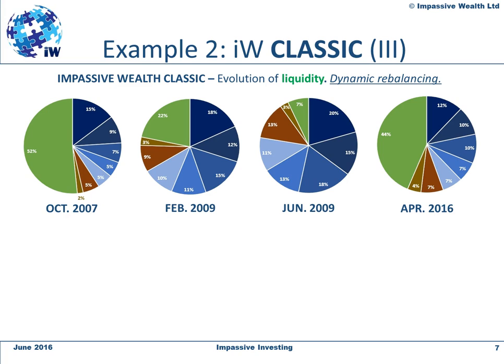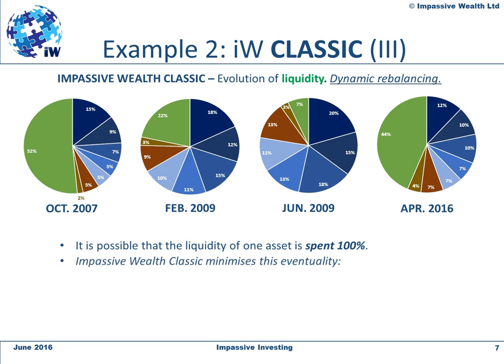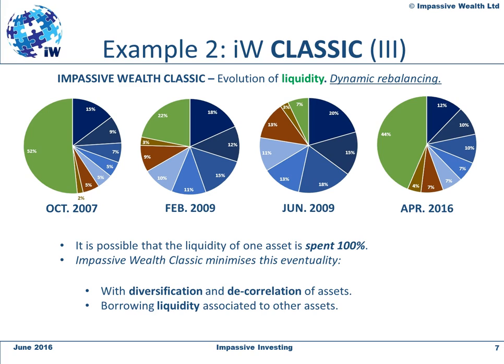Now, when the market recovers, and we are now in April 2016, liquidity is at 44%, meaning all the way up from 2009, we've been selling those cheap shares and making money out of them. Okay, just detailed an optimization that you can make when you have a portfolio as opposed to a single asset. The liquidity is assigned to each of the assets, but you can't spend all the liquidity for a particular asset, right? And that is tragic because, if prices still go down, you cannot buy more cheaper shares on the way down, right? This possibility of running out of liquidity has to be minimized to get all the power of the Impassive algorithm. And the way of minimizing the possibility of running out of liquidity is with diversification, because